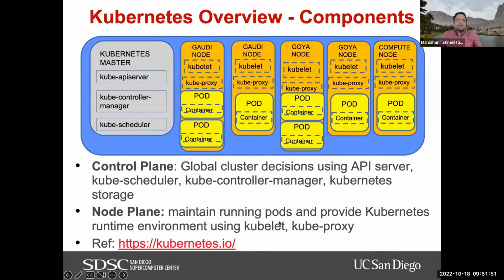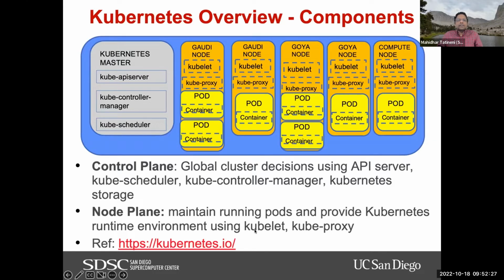Now, just a brief overview of Kubernetes in terms of components. There are two planes. There's a control plane, which is basically where all the global cluster decisions are made, like the API server, the kube scheduler, the controller manager for Kubernetes, and then storage for Kubernetes-specific stuff. And then there is the node plane, where basically you're maintaining the running pods and providing the Kubernetes runtime environment